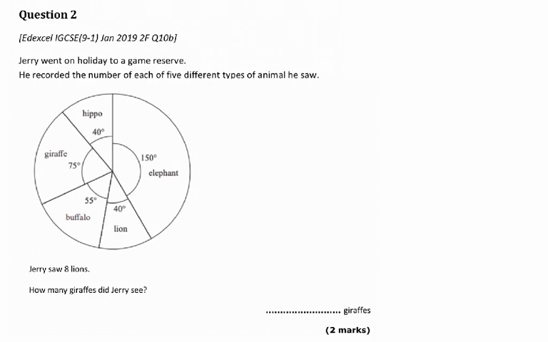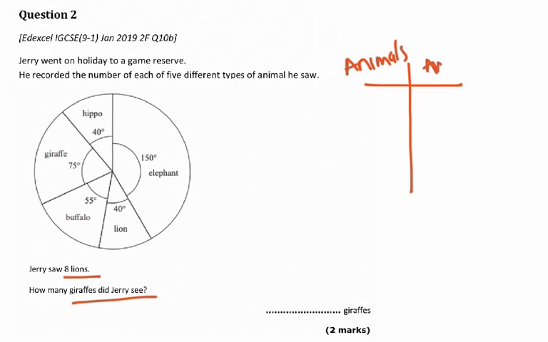Okay, looking at question 2. So Jerry went on holiday to a game reserve and he recorded the number of each of the 5 different types of animals he saw. Jerry saw 8 lions and he wants to know how many giraffes did he see. So the first thing, let's pull out the information that we know. I'm going to draw this in a little table. Okay, and I'm going to write it as animals